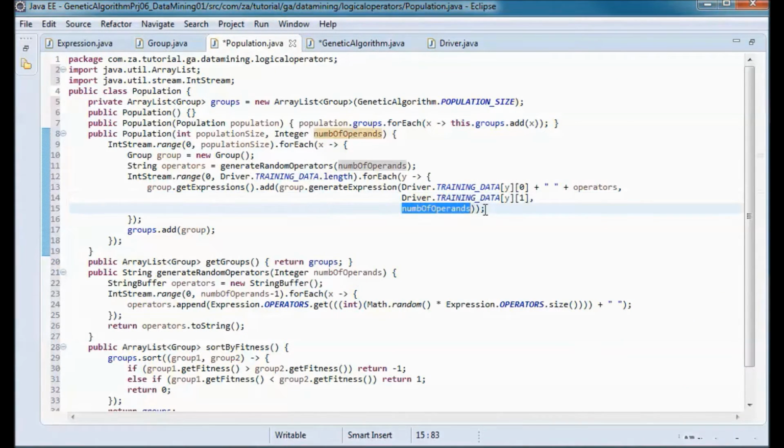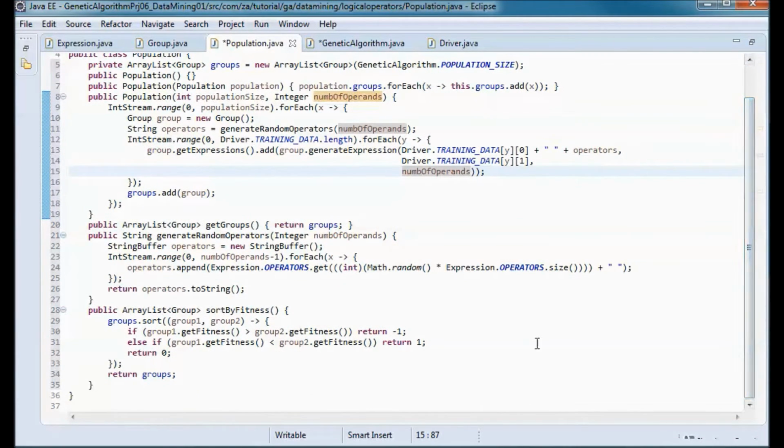And the number of operands. So this should do it for this class.